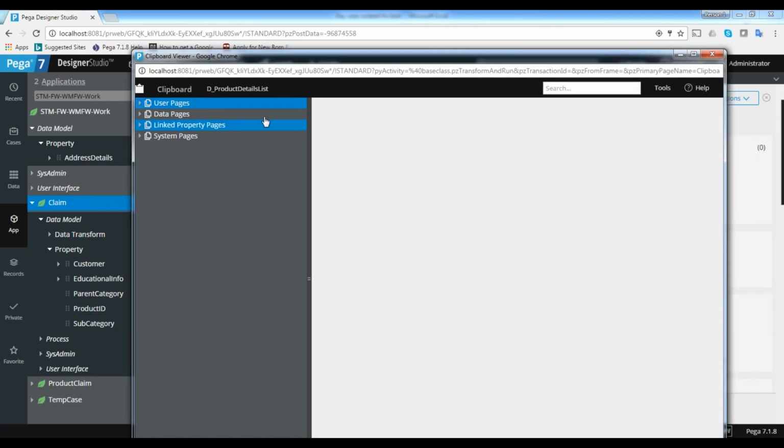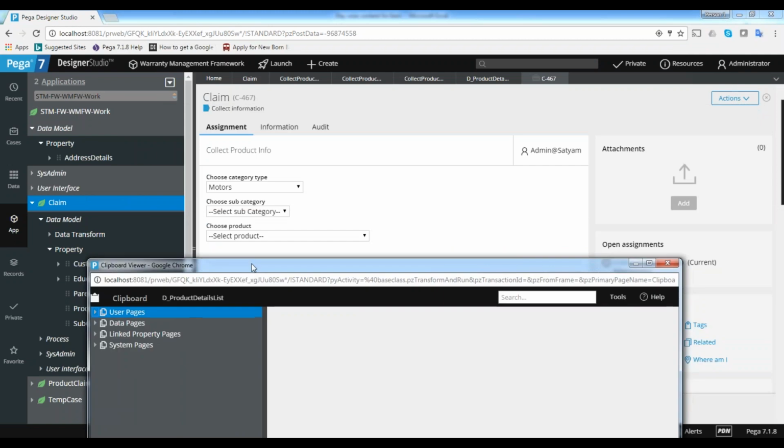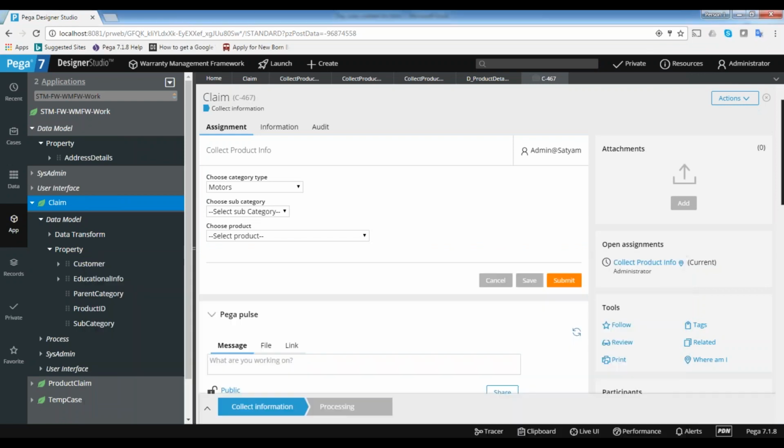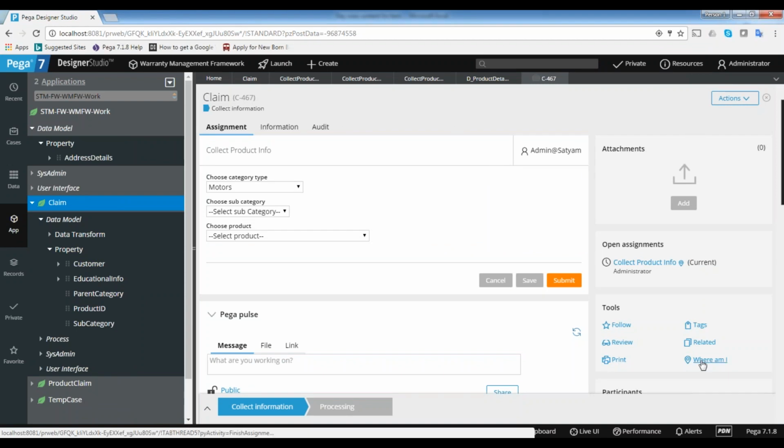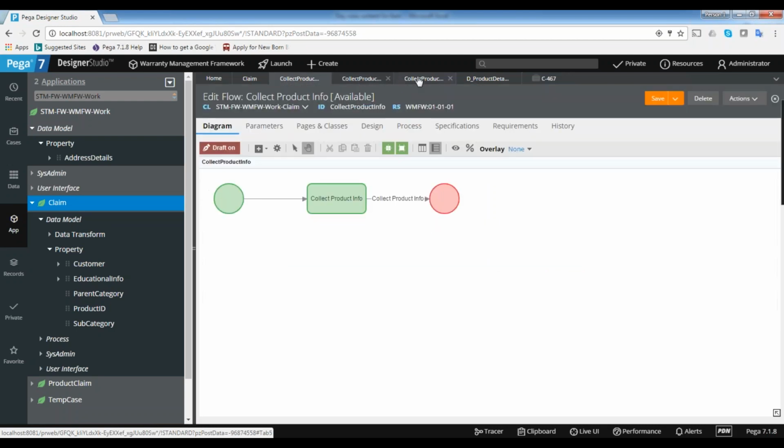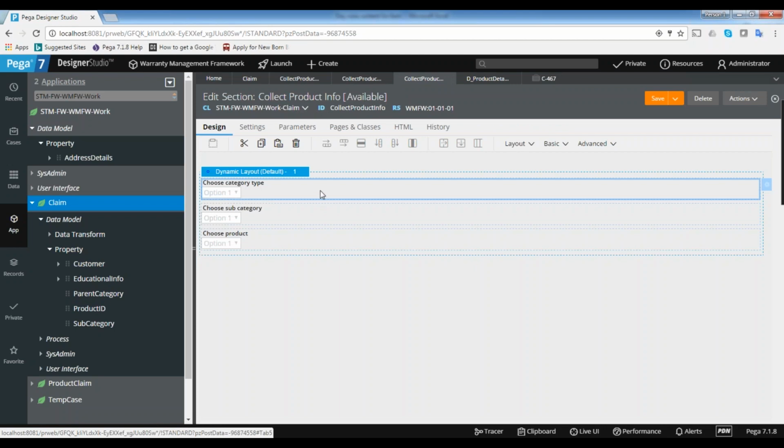And you added the event and action, right, to refresh the page when you change the values in the dropdown. Correct. So will that refresh the whole page, or only that particular block get refreshed and populated with the values from the backend? Only this part will be refreshed. You have a lot of other stuff on the screen. When I click section refresh, only this part will be refreshed. It won't refresh the entire screen. That is why we are making it refresh this section. This is called a section, right? I am saying refresh this section only. This section means only this part.